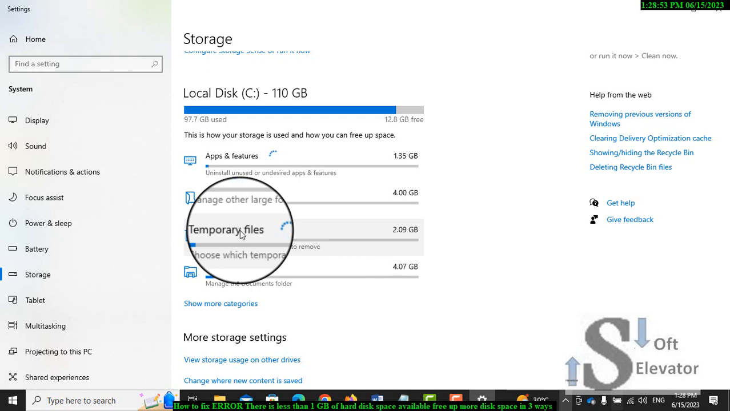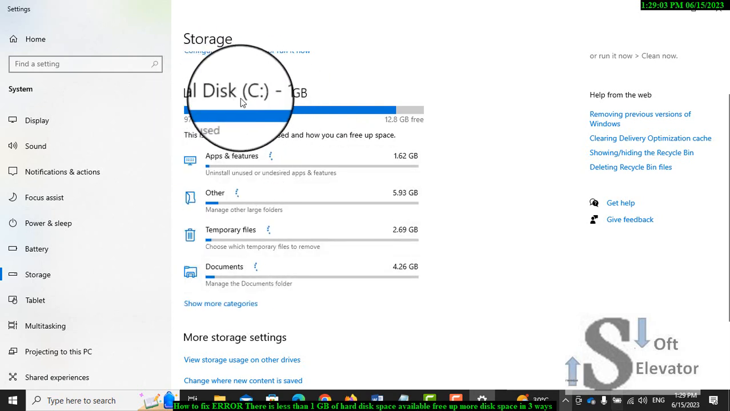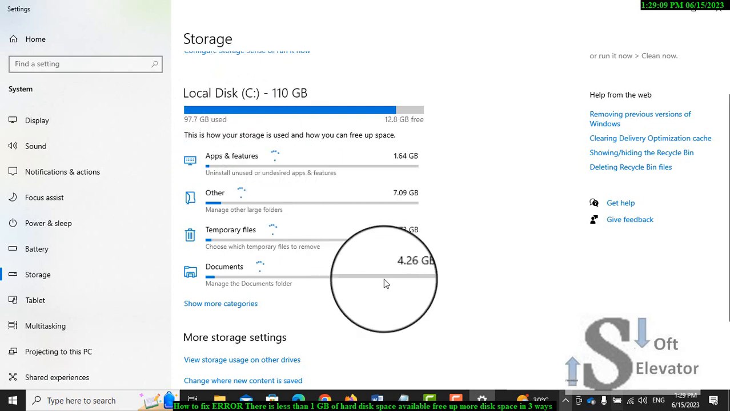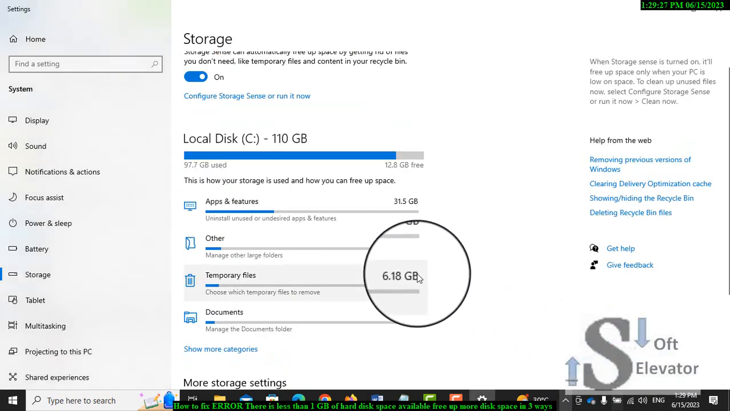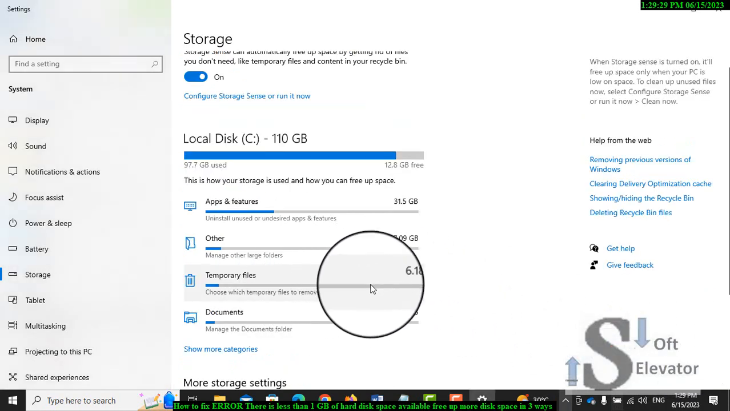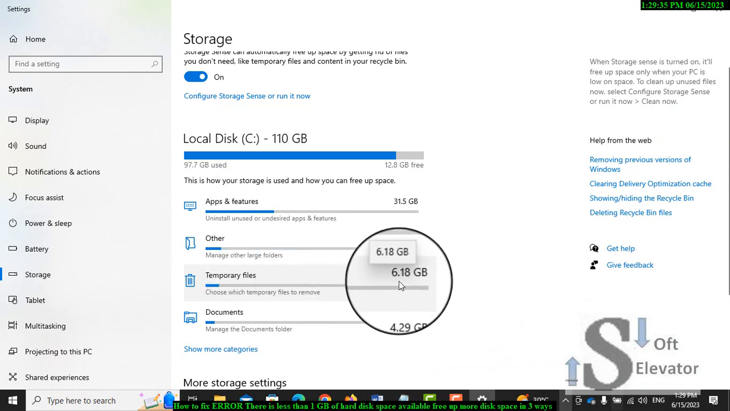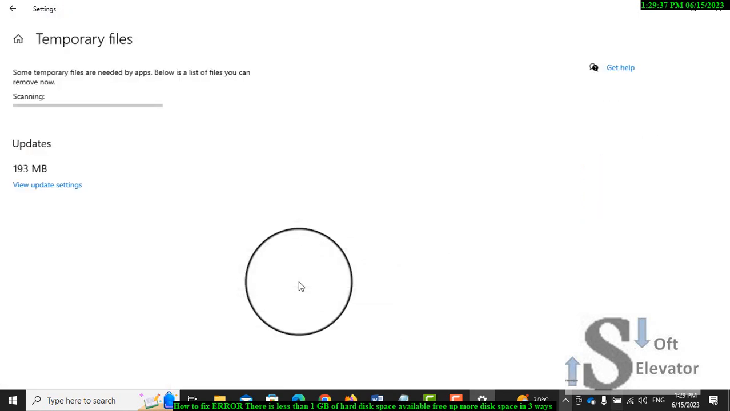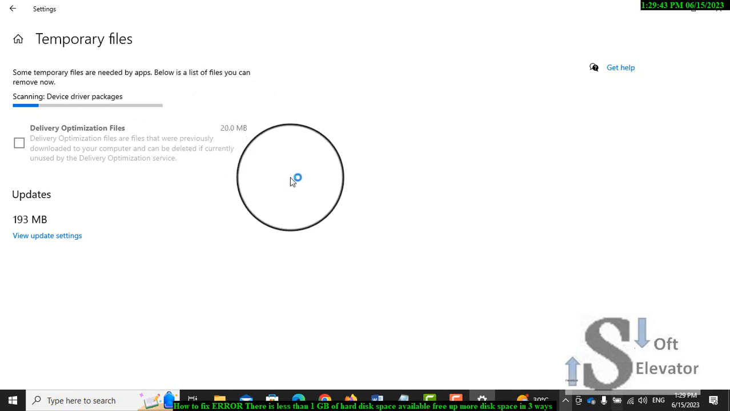Okay, so we are waiting for it to calculate and find all the files in this temporary file. So these are the storage of the C drive. Now it calculated and found the files, and these files are now 6.18 gigabytes. So we click here on the temporary files,